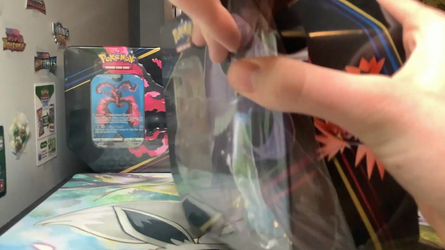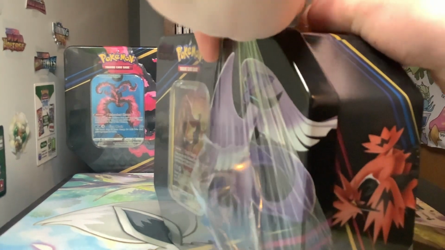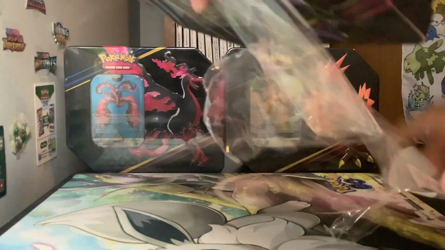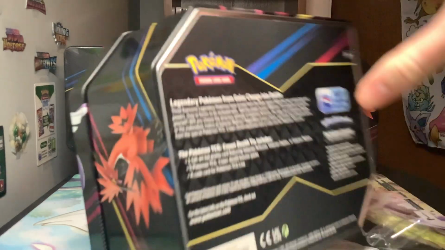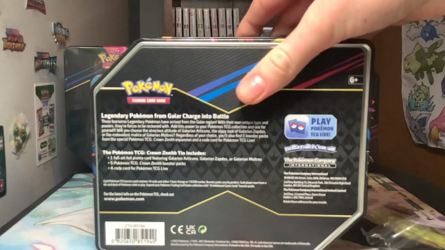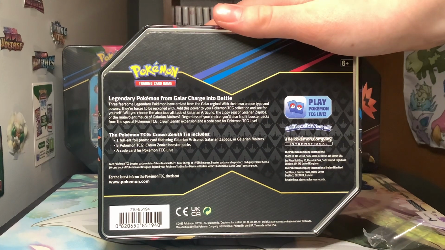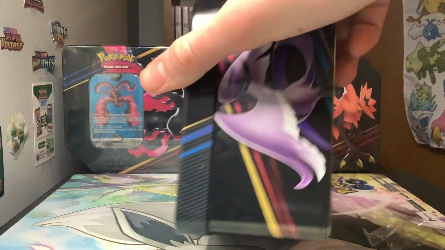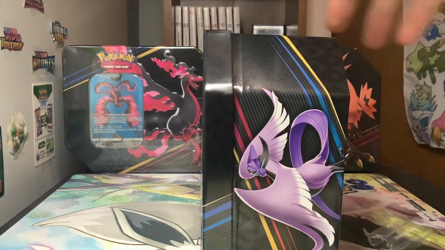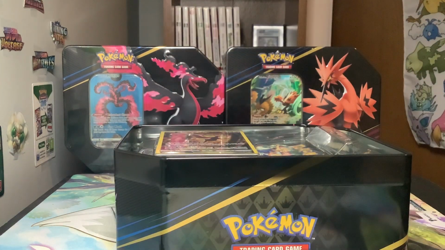Articuno, of all the art I've seen so far, is probably my favorite. Unfortunately, despite the fact Galarian Moltres is my favorite of these three, I feel like he got the worst art of them all. Here's the tin without any of the stuff on it as I do a little fun twirl. There's the back if you want to read it. Legendary Pokemon from Galar take charge into battle. Then the side of the tins, you got all 3 birds. I'll probably only do this in the Articuno video, so the other ones will be a little quicker as it's upside down. And taking it off, it looks like...